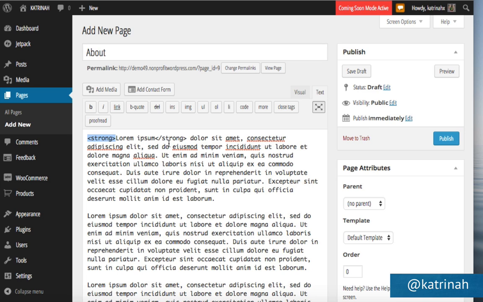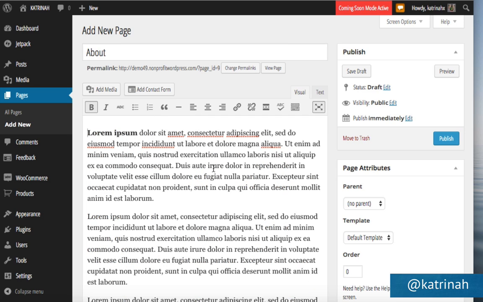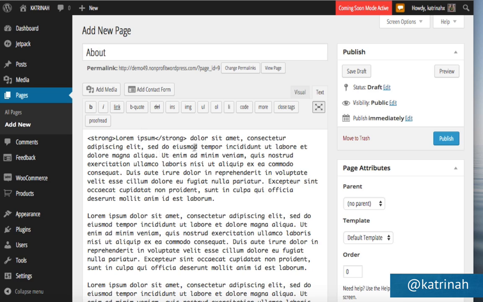So the great thing about WordPress is that you don't need to know any code. You can simply type in the visual view and WordPress will take care of all of the code for you. If you'd like to learn some HTML though, this is a good way to learn it just by toggling back and forth, creating some content, formatting it, and then you can go to the text view and you can see what the HTML code is that corresponds with that particular formatting code.